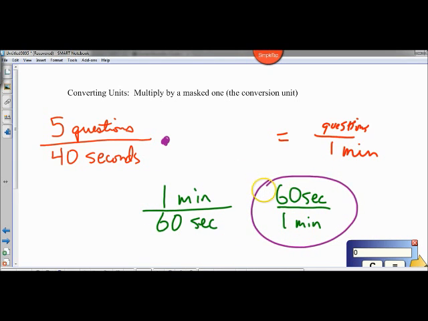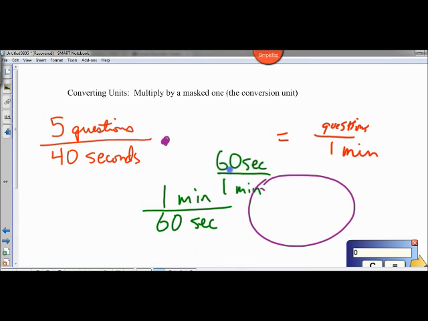This fraction over here, 60 seconds over 1 minute, is really the same value in the top and bottom of the fraction. That's also equal to 1. But both of these are equal to 1, so which one do I multiply by? The answer is that I'm going to multiply by this one here, for the simple reason that when I multiply by 60 seconds over 1 minute,